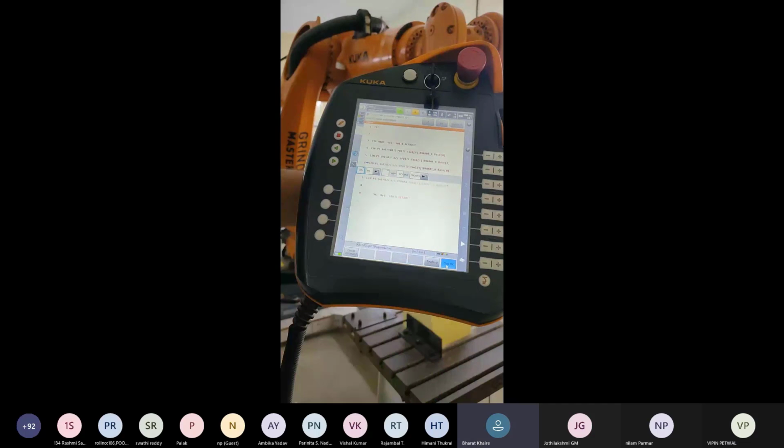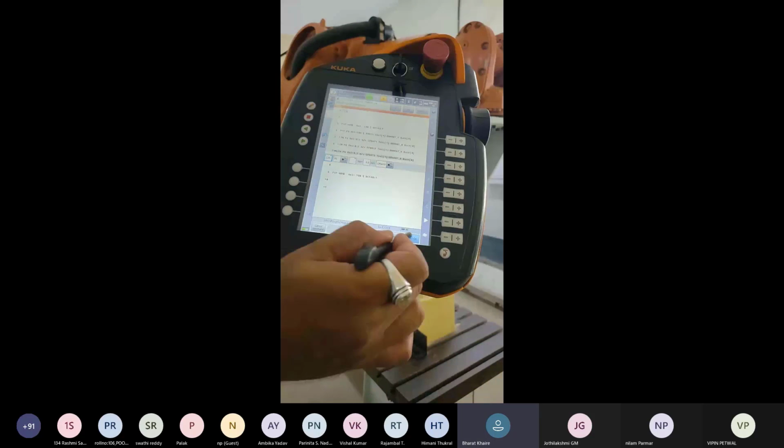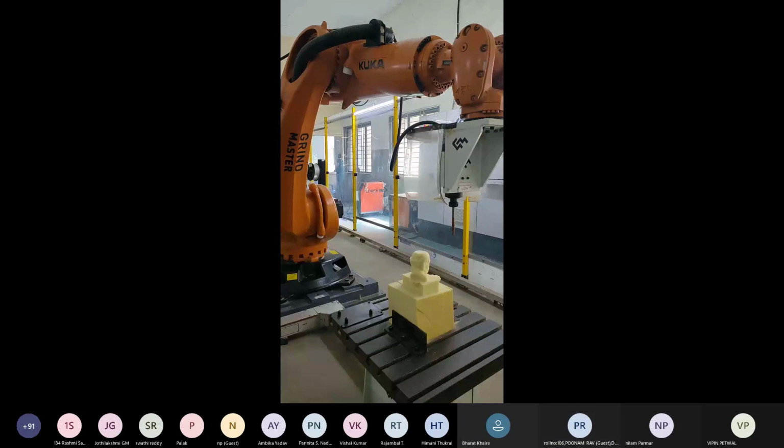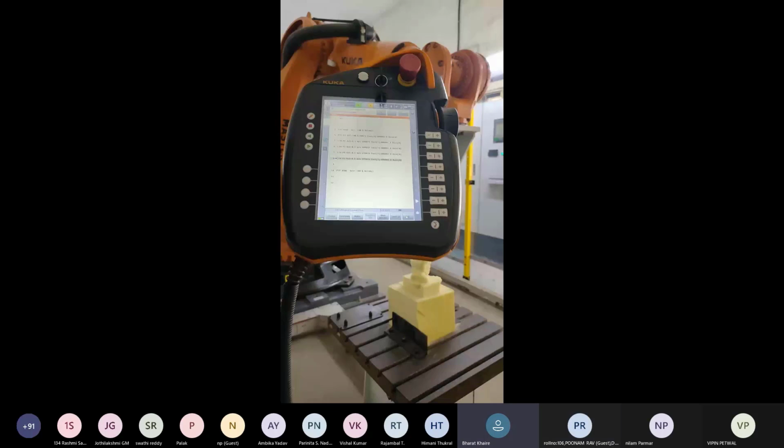Okay, then y plus side 100 plus 100, motion, linear, and command. Okay, fourth point x minus 100 and 100. This is the fourth point of the square. Go in motion, change the point as linear, and give command.